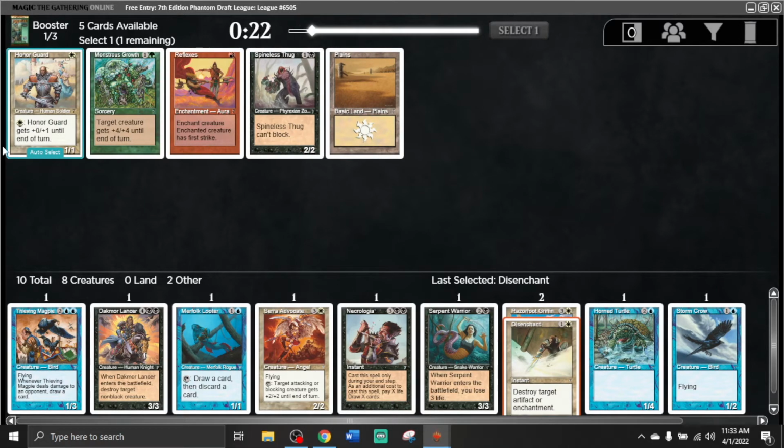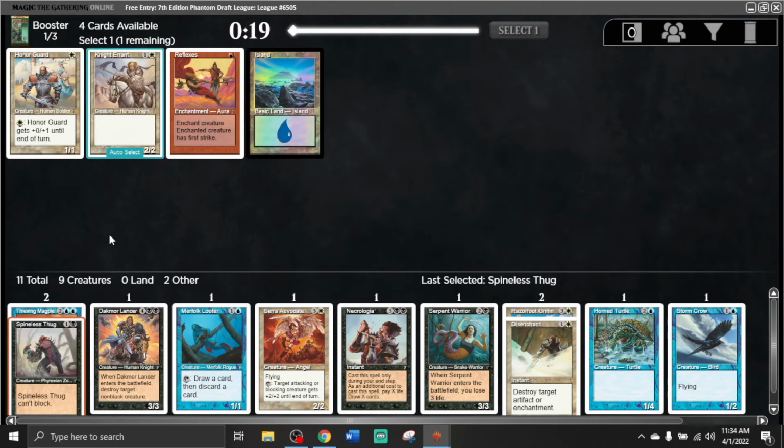Now we have Spineless Thug or Honor Guard. If we're trying to play an aggressive deck, we can take Spineless Thug. I think Honor Guard is quite poor, so sure, I mean, we'll just take a 2-drop. It gets invalidated relatively easily, but if we end up with a lot of the white combat pumpers...